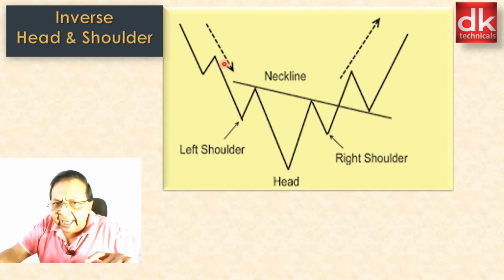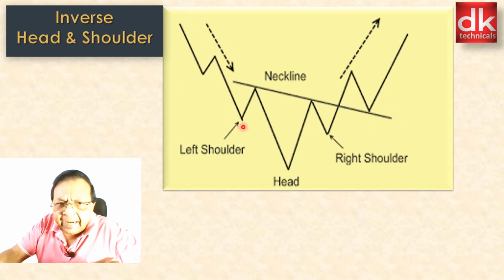So this forms the left shoulder and this forms the head, and now price makes a move and breaks out of this neckline. How have we drawn the neckline? When the market was falling, the left shoulder was formed, price moved up, and the point from where the price started moving down to form the head of the inverse head and shoulder was marked, and again the price moves up, and again price started correcting on the downside. This point was marked. These 2 points have been joined and extended. Price has broken out of this.